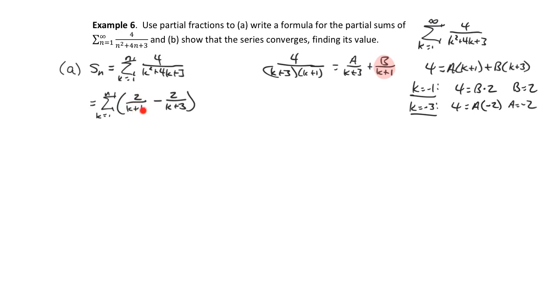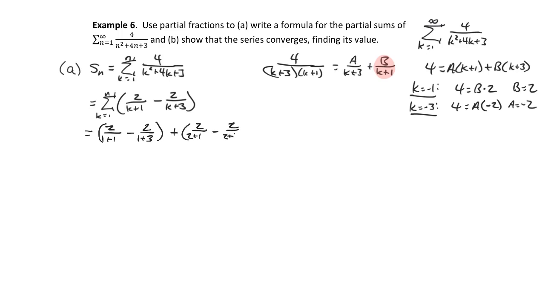So if I look at k plus 1 and k plus 3, they're 2 apart. That's why I'm making this choice of doing 2 at a time. You'll see why it works out nicely. So we'll end up with, when k is equal to 1, we get 2 over 1 plus 1 minus 2 over 1 plus 3. When k is equal to 2, we'll have 2 over 2 plus 1 minus 2 over